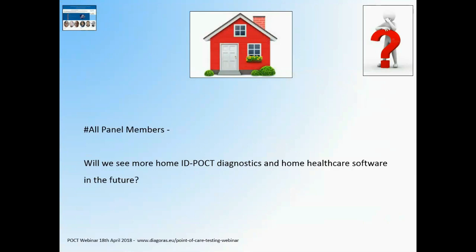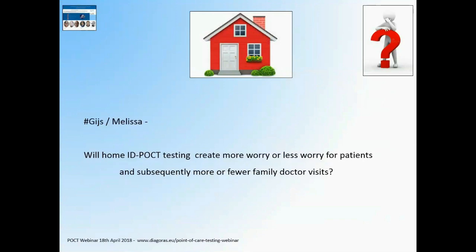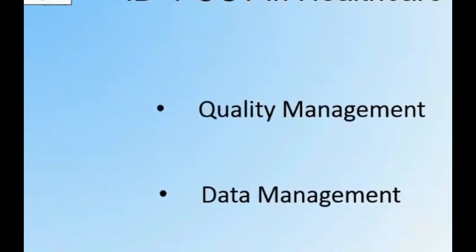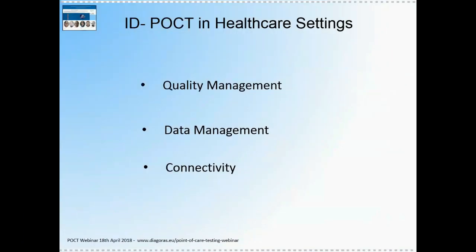Yeah. So basically, we're coming to the next topic, which is about quality, maintaining quality and training standards. In the home environment, if you want rapid diagnostics, they have to really be foolproof. Taking a picture of a burn wound or something is quite foolproof, whereas if you have to pipette some urine 5 times onto a stick, then there may be a possibility for error. And that brings me on to the next slide and the next topic, which is related to quality, quality management, data management, and connectivity.